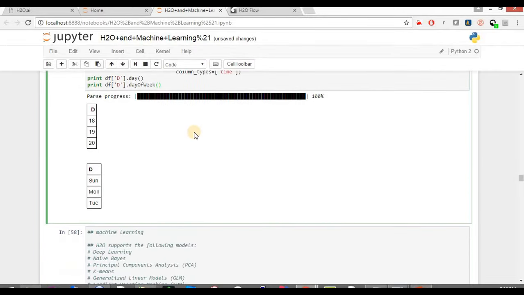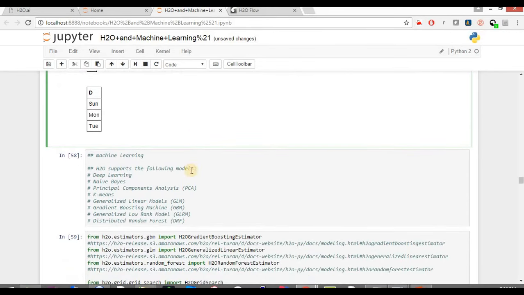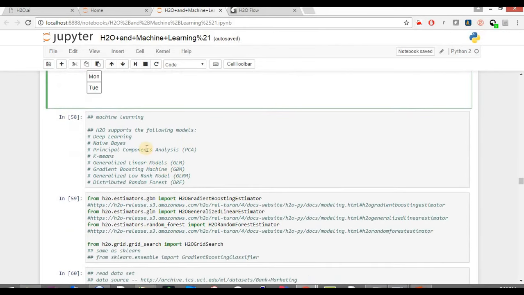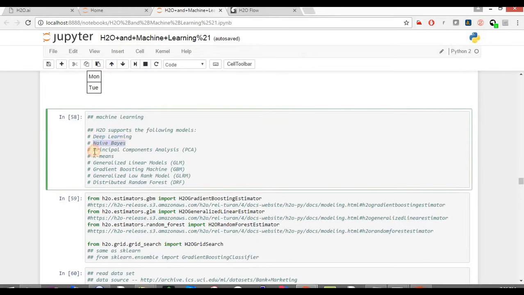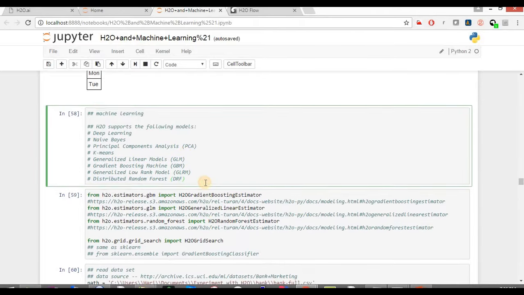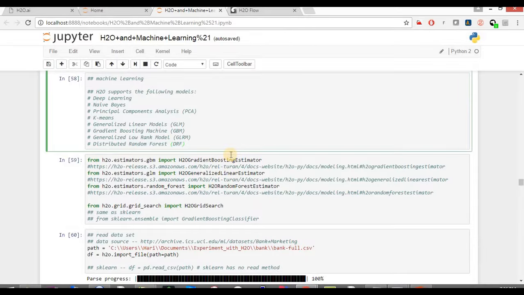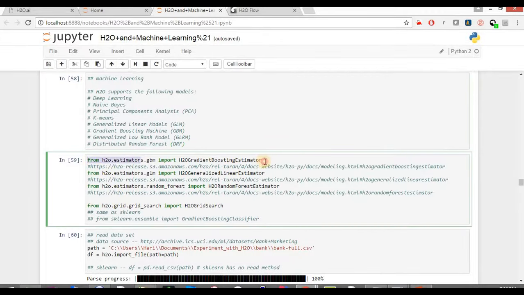So now we'll be delving deep into the machine learning part. As I talked about, H2O supports the following models as of now: deep learning, naive Bayes, PCA, K-means, generalized linear models, gradient boosting machines, and distributed random forest, and some other models as well. So we talked about the problem statement here. We will be doing a classification exercise, and we'll be using 3 different